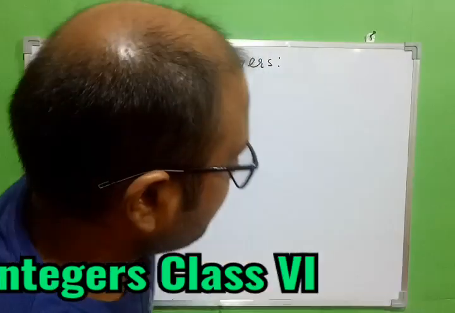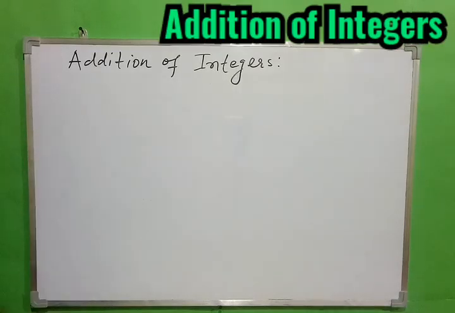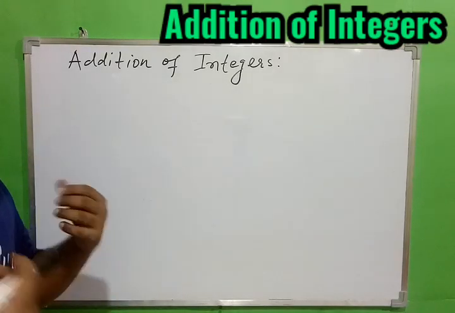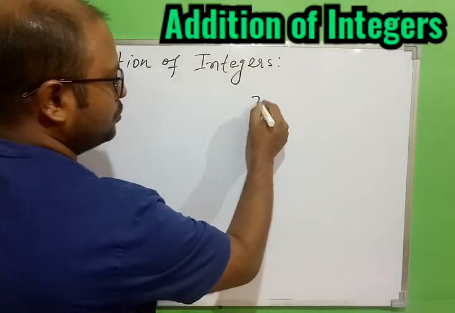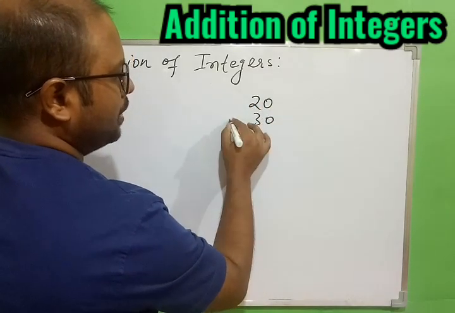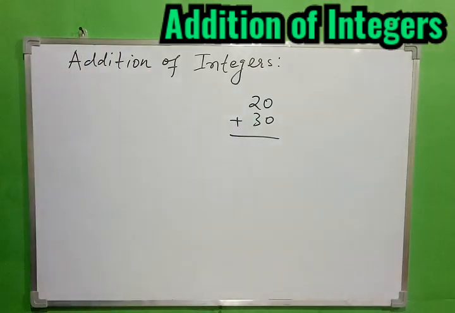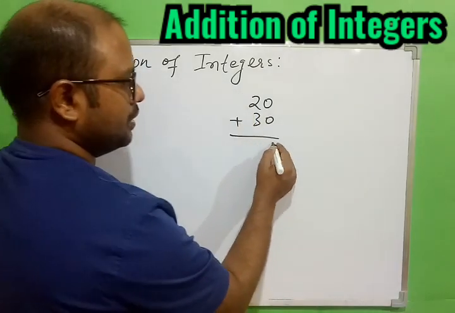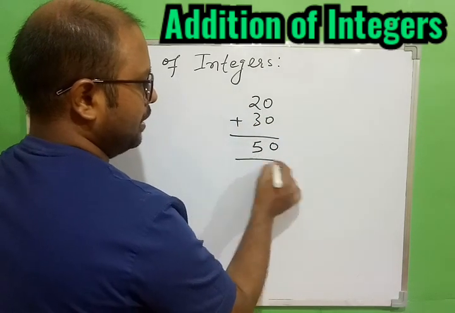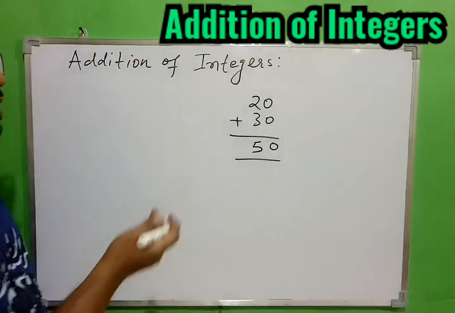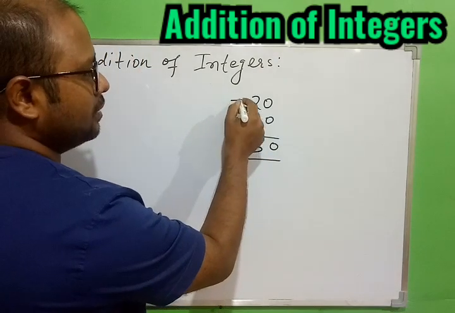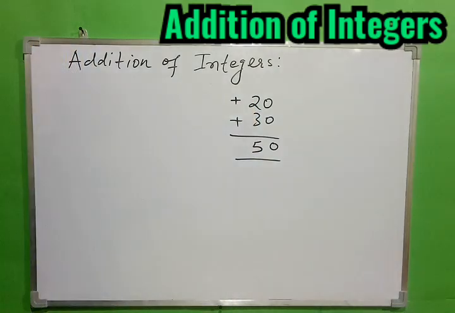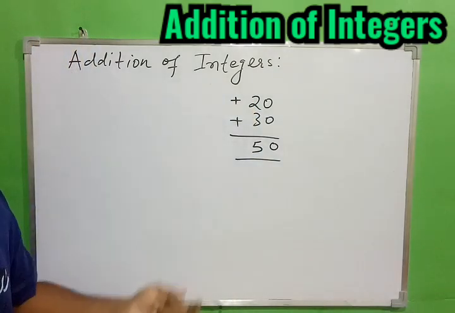So the topic is addition of integers, and before we start, one thing you already know: if you are given any numbers, 20, 30, and you go on adding them, what is to be done? You know what is to be done? 3 plus 2 is 5. So this thing you already know. And here, if you just write 20, basically you are writing plus 20. So plus 20 is written as 20, 30 is plus 30, they are the same thing.